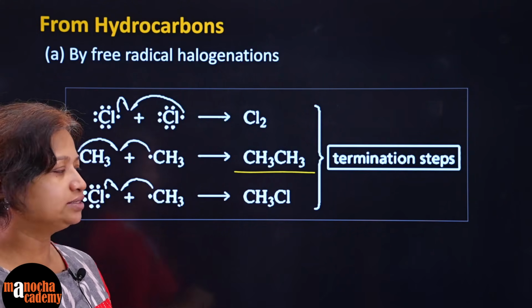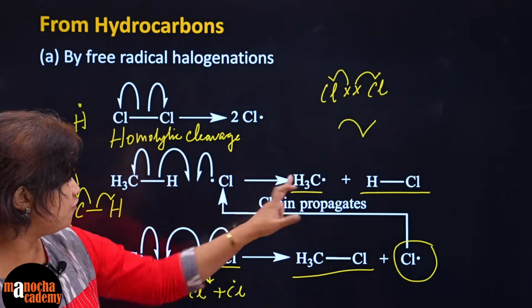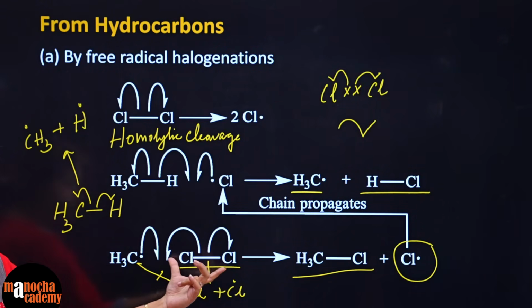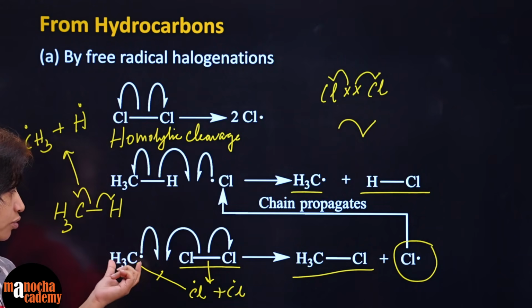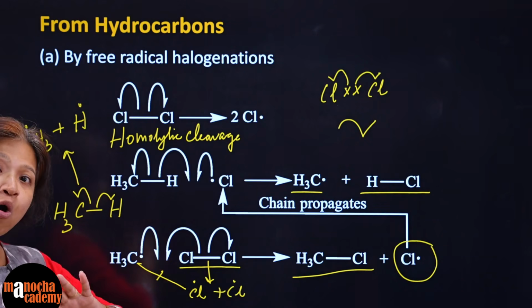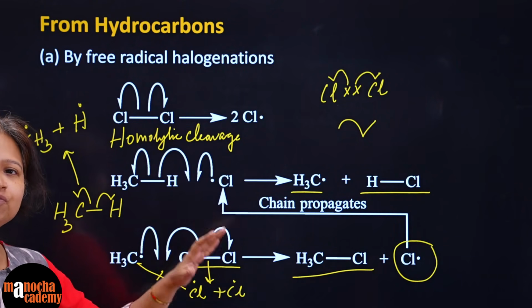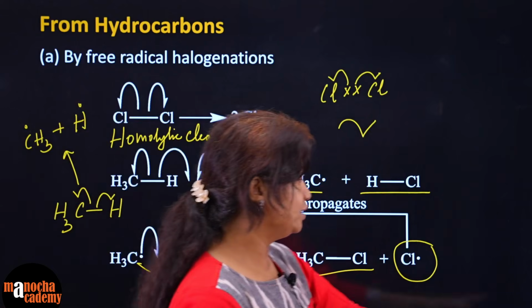So that's the answer to this. I am showing you here. See, the methyl radical is actually combined with chlorine and you are getting the haloalkane. But if it doesn't do so, this methyl radical combines with another methyl radical, and if all of them do it, then the reaction will stop there itself. That means it will terminate the reaction. Okay, so that is what I meant.